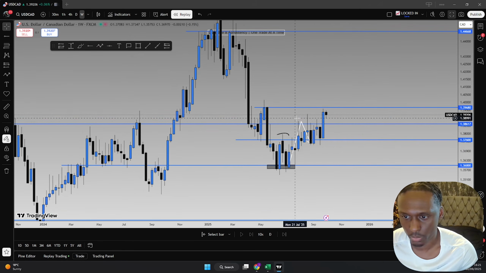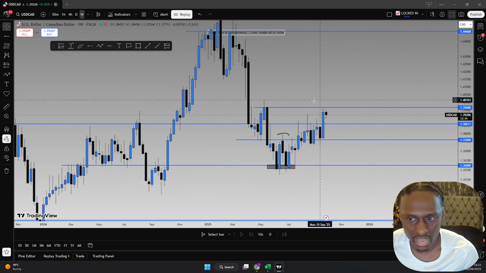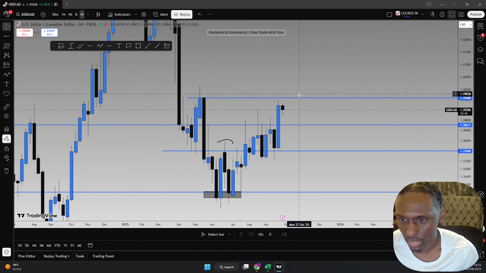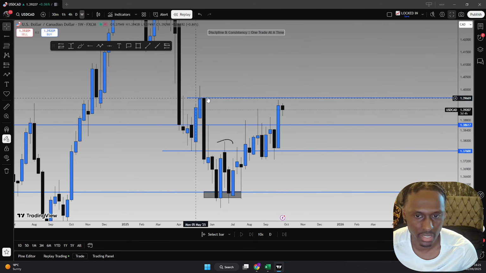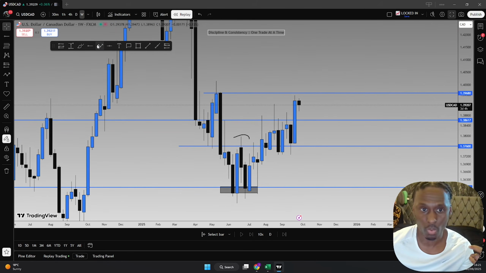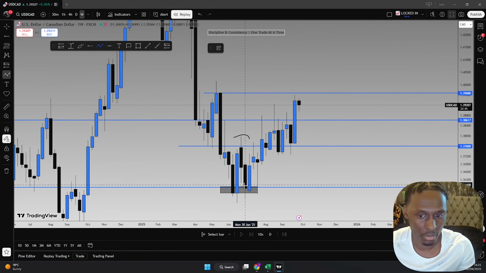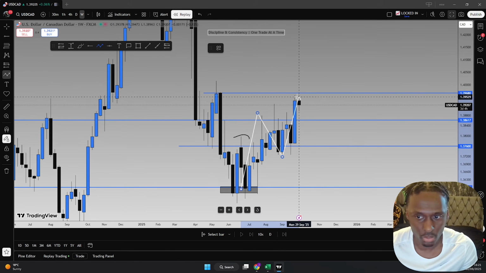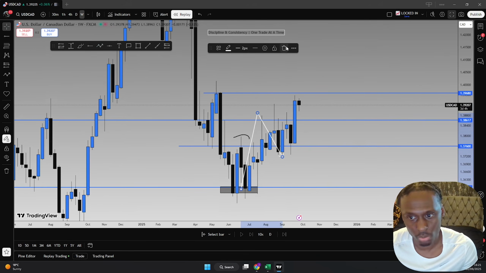So I'd be like, okay, cool. In the back of my mind, or I might write on the text, I'm looking for longs up into 1.3968. That's the level of weekly resistance. But also in the back of my mind, what I'm thinking is we made a higher high, an uptrend. Higher high, higher low, higher high. It's potential that